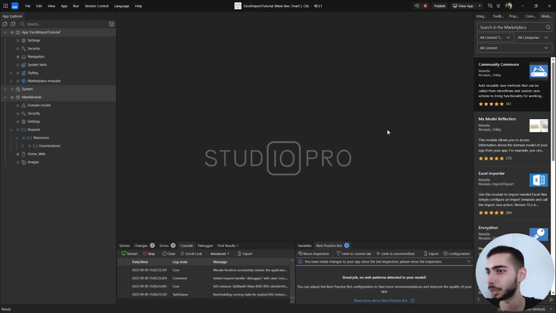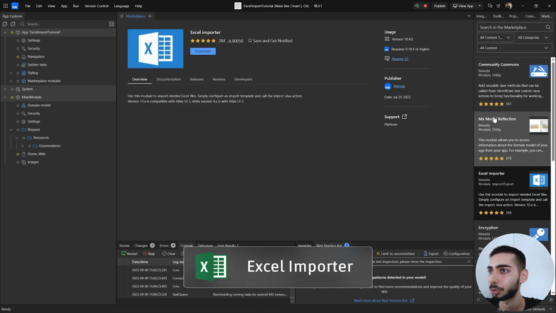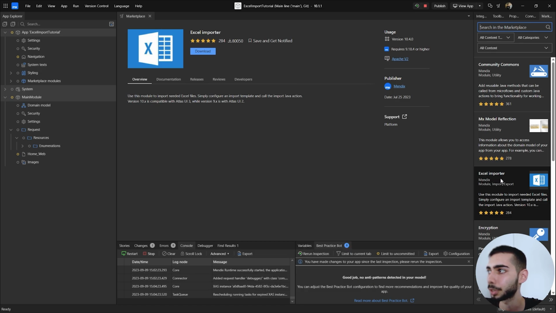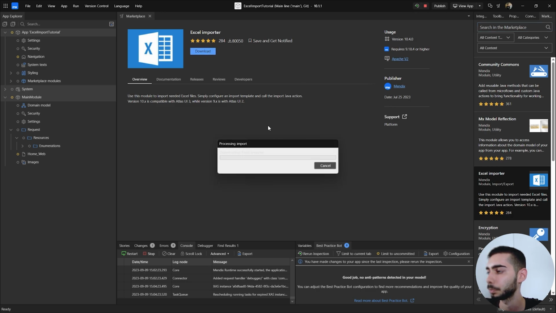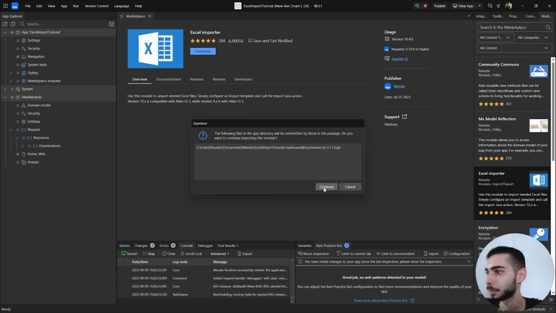So to start, we need to download the Excel importer module from the marketplace. If you don't have it on the first page, you can search for it in the first input. Here, click on the Excel importer and make sure that you have first installed the module reflection and also the community commons, because they are dependencies of the Excel importer module. Once you have done it, click download, select add as a new module and click import, continue,